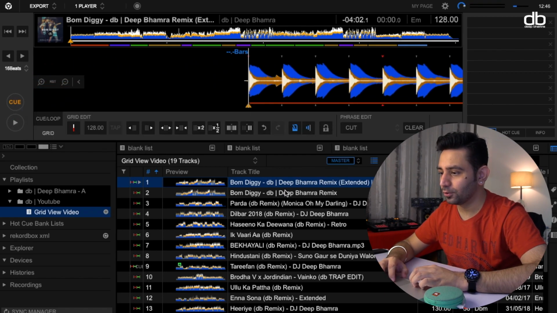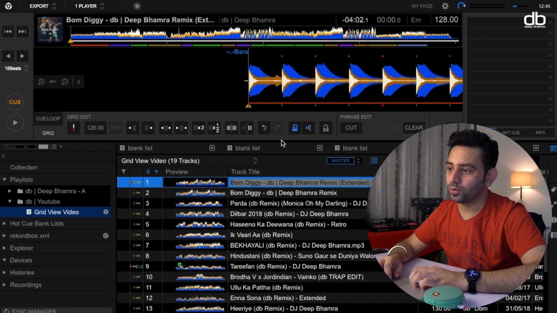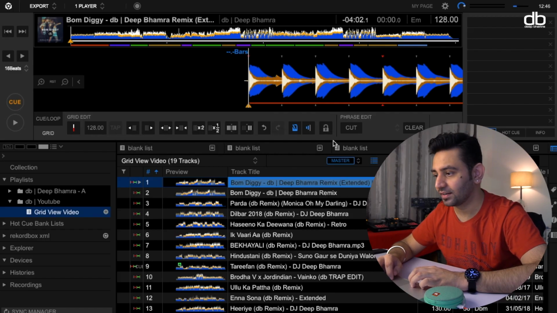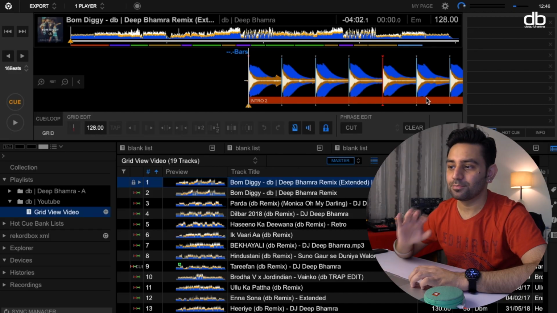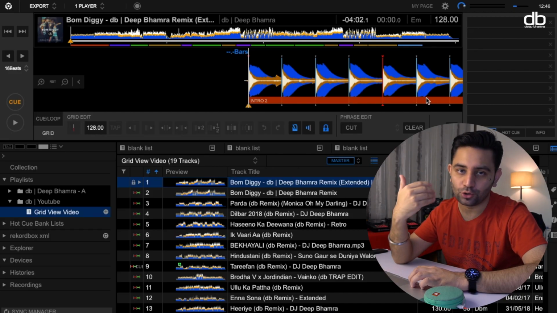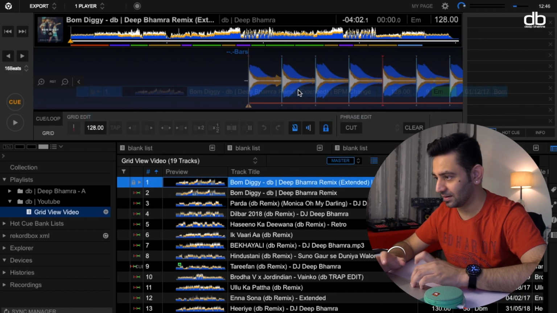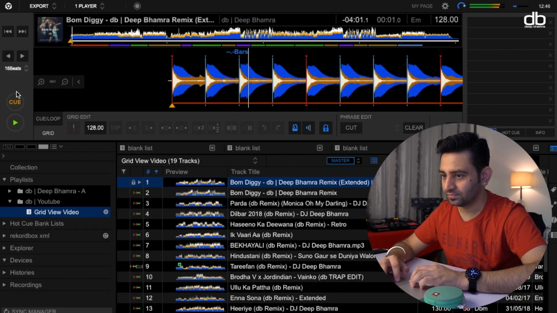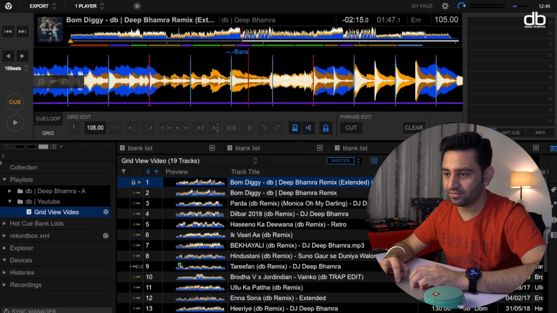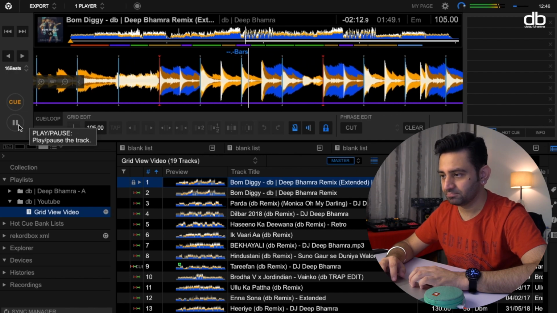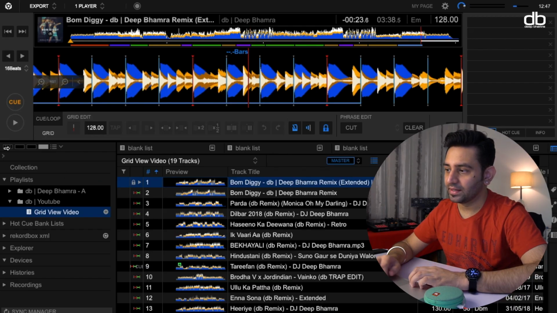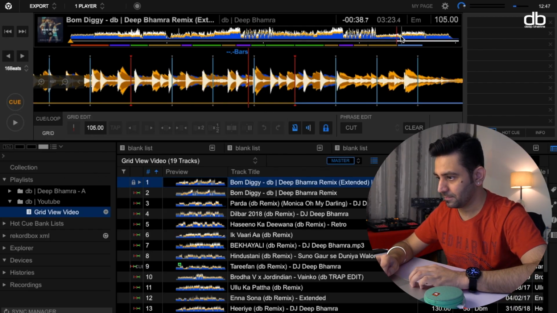Okay, now whenever you load this track, oh yeah, I would like to give you another recommendation, and that is to lock. Use this lock button so that it doesn't reanalyze itself automatically. If you lock it, then this track's BPM is going to be according to how you have set it. So now when you load in this track again, you can see that it starts at 128, play. And in the breakdown, it will be at 105. And in the ending, it's going to go back to 128, somewhere over here.